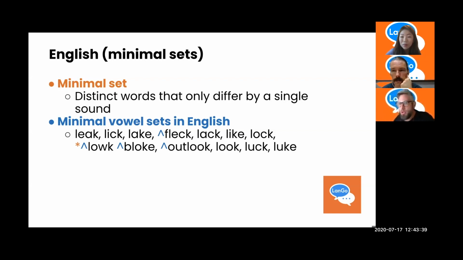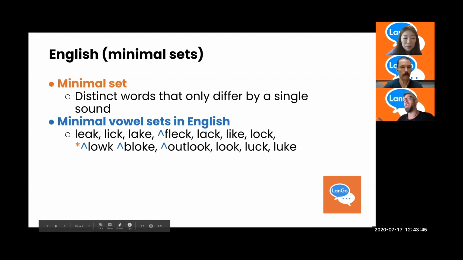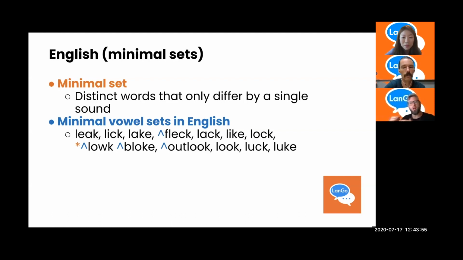That might be what you do if you are investigating a language where there's no written materials. So in our case, we realize that we're missing some vowels from our L and K frame. So we've added in a few from other sets. All of them together add up to the vowels of English. So, close to the vowels of English.